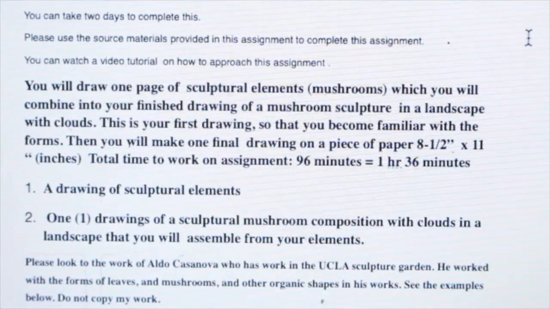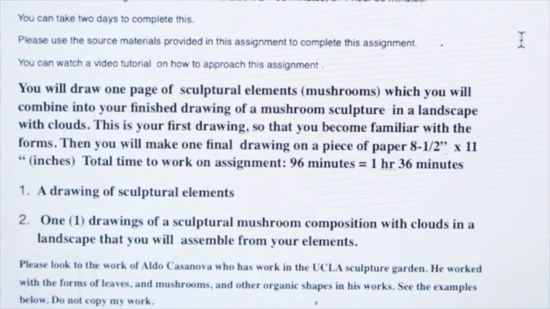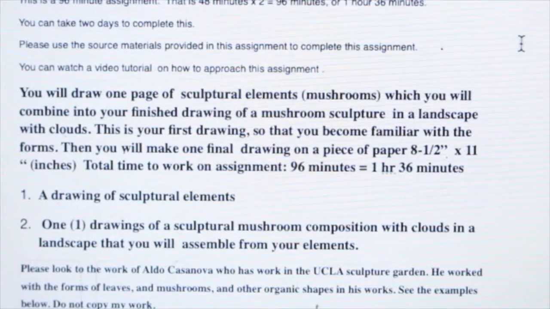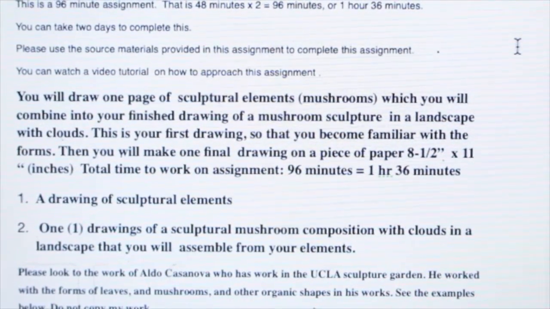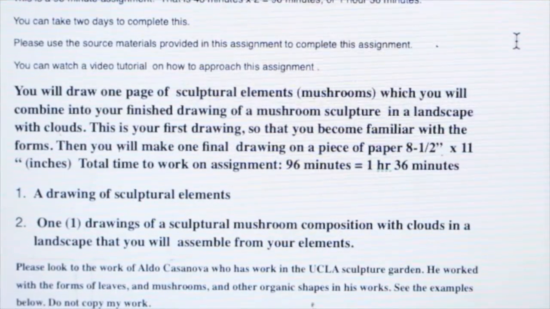And it's going to take you a long time. You're going to spend a lot of time on this. This is a 2-period drawing. It's going to take you 1 hour and 36 minutes, which is 96 minutes. All right? So,